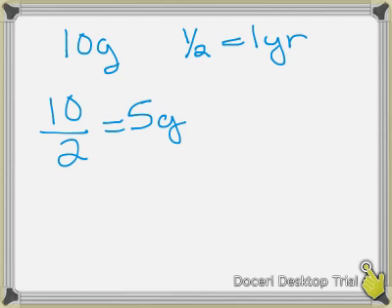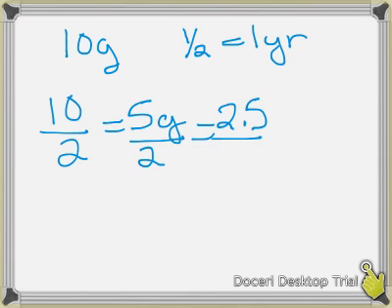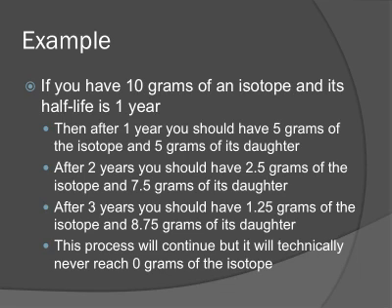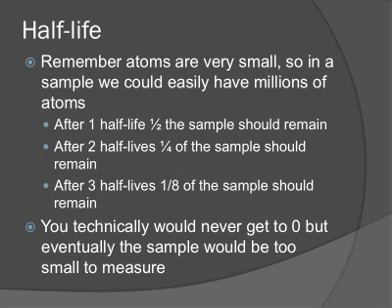After your second half-life, you're going to have 2.5. So after 2 years, you're going to have 2.5 grams left. After your third half-life, you're going to have 1.25, right? And you can just continue to go on and on. This will continue on and on, but